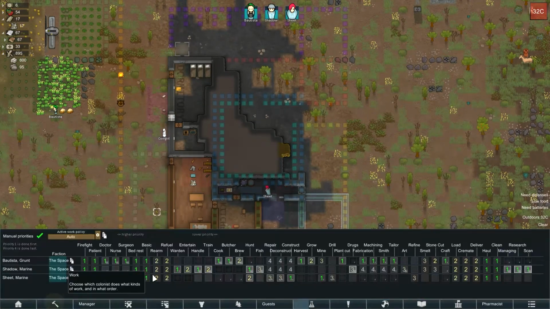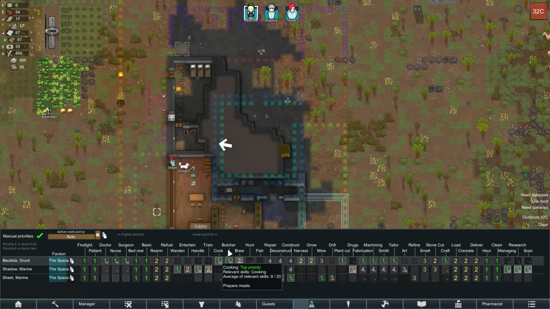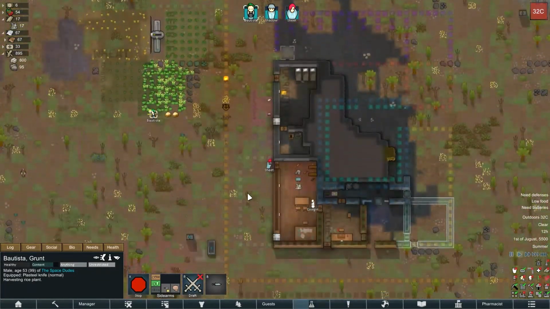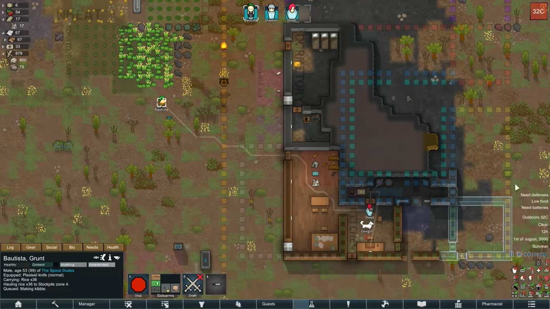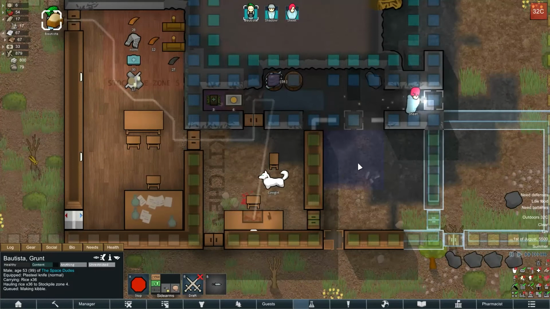Who's our tree cutter, and do they have it as a high enough priority? Bautista, let's do that. As long as there's nothing to cook or butcher. Alright, okay. Oh, he needs to make some kibble. Right, so, kibble, once we get